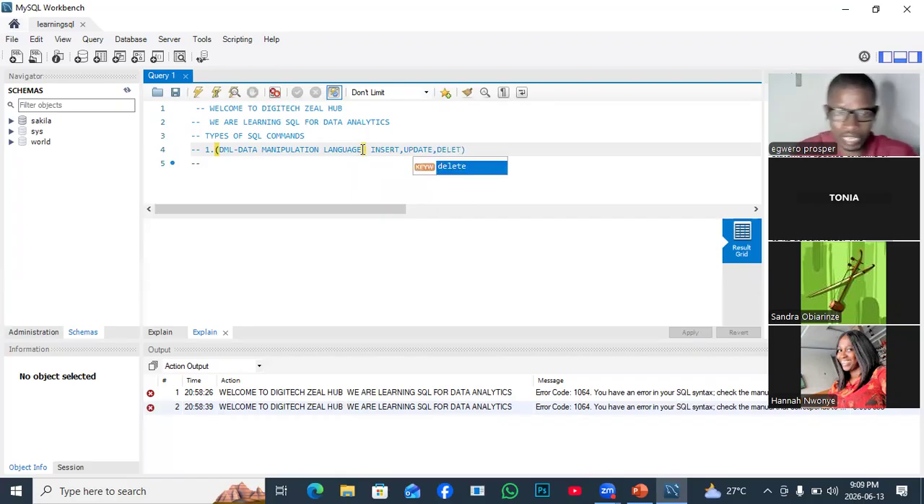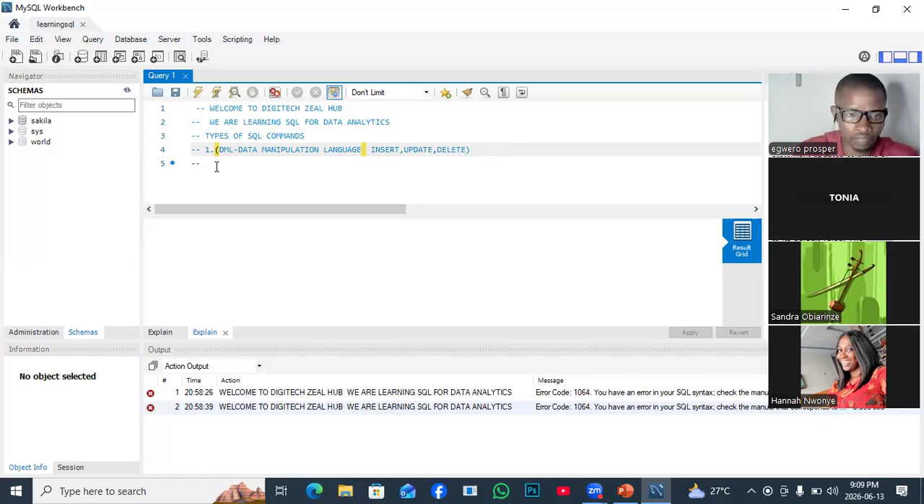So you see, anytime you are speaking SQL and you use this particular statement or command, it is derived from a particular type of SQL language, which is called DML, data manipulation language. Then the next category that we have is the